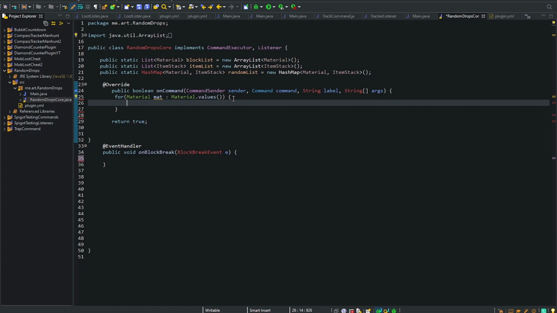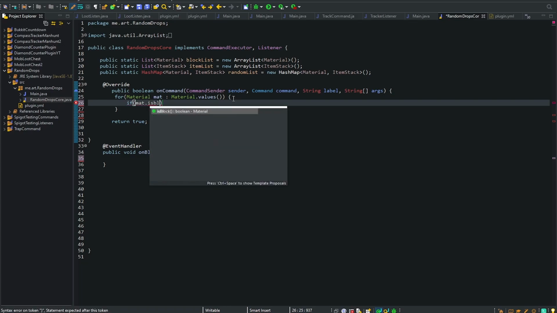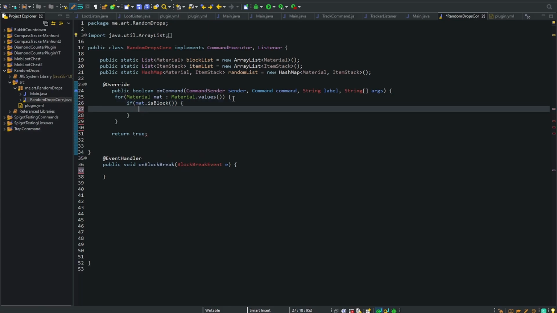Anyway, first thing we're going to do, or the second thing actually, is we're going to check if the material that we have is going to be a block. We're going to use the isBlock method. So if it's a block, we want to do blockList.add. We're going to add mat. But we also want to